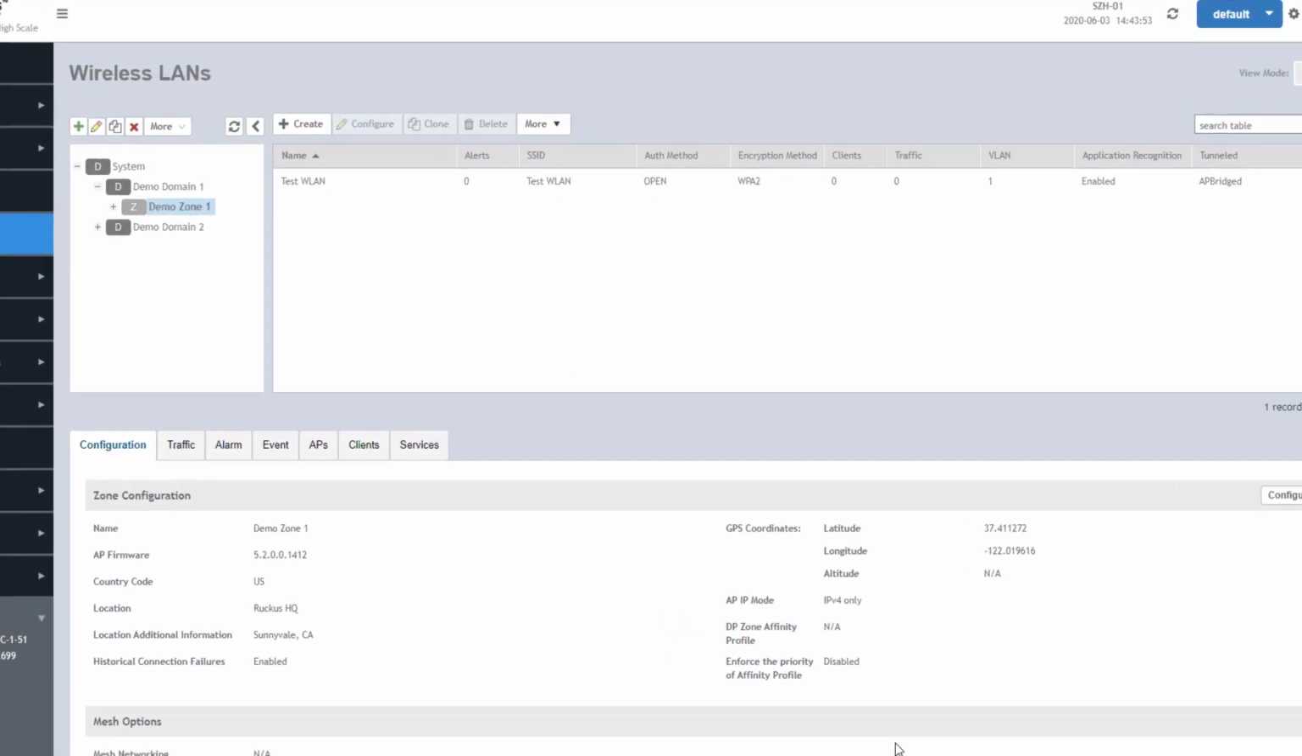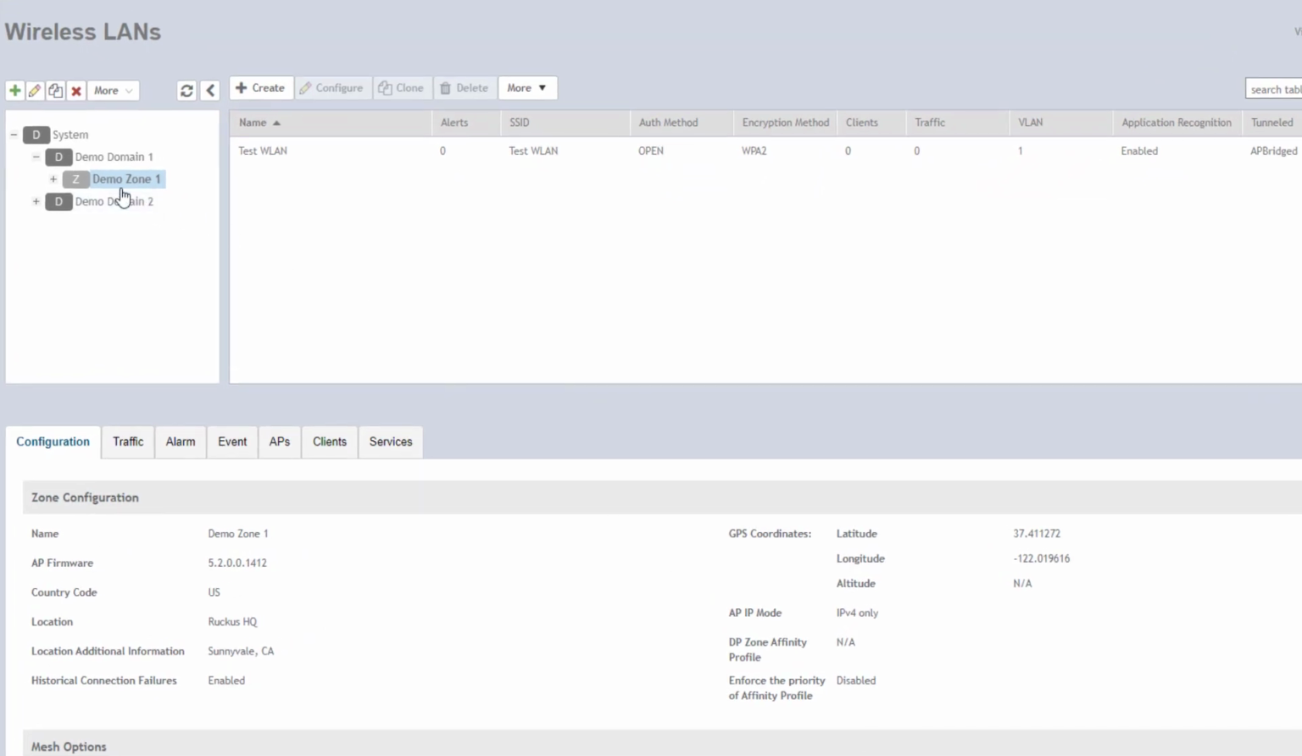Now that the WLAN has been created, we can see that under Demo Zone 1, Test WLAN is showing up here. We can see its SSID, its authentication method, its encryption method. We can see that there are no clients, there is no traffic. It does have application recognition enabled. We did turn that on, and this is an AP bridged mode. So this current WLAN will apply to all of the